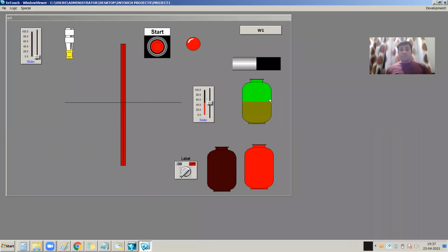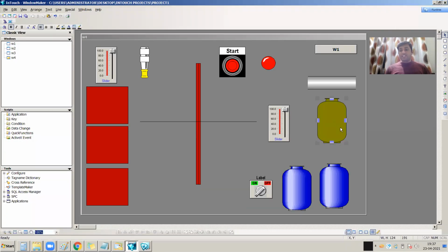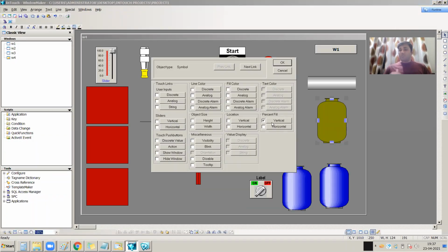I'm going to the runtime mode. See, if I change my slider, my tank level, see, it's filling from 0% to 100%. So what I did is just use percentage fill for my filling.